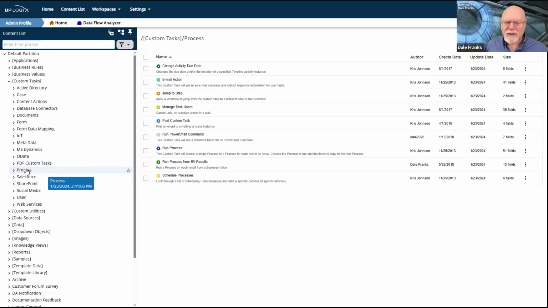The process custom task is a little confusing because some customers have expressed an incorrect understanding that because they're in the process section, they can only be used in a process timeline. Not true. They can be used in a form, or at least some of them can. The term process is just basically a grouping term that says we're going to be doing things with the process, with these types of custom tasks, process being a process timeline, of course.